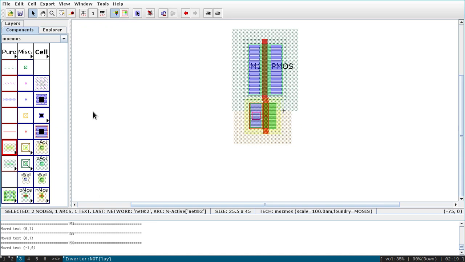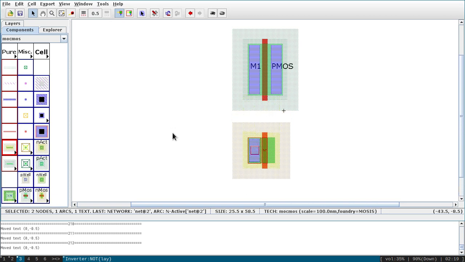So it is a little bit on the right side. Let me move it to the left side. I think here, yes, now it is properly aligned. So let me take back,